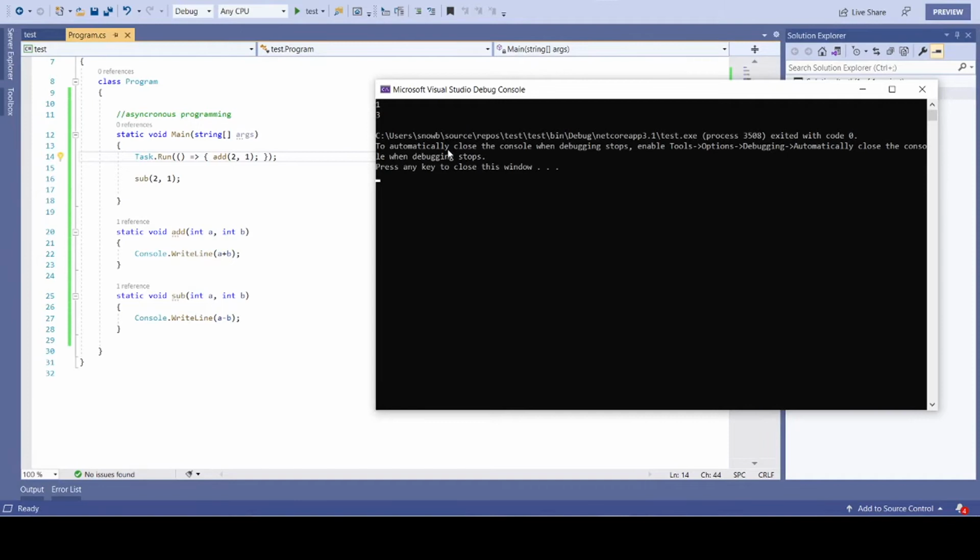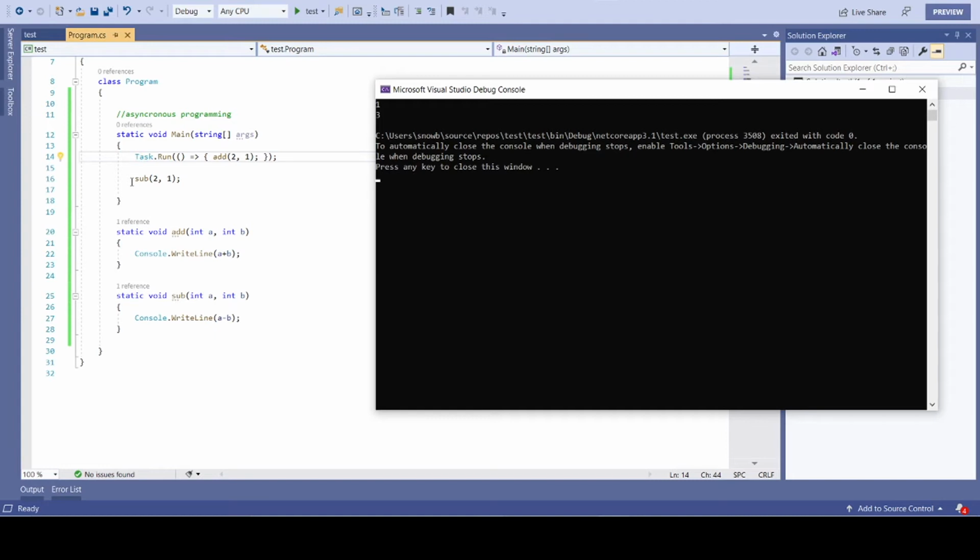So what is happening here is that when we use Task.Run, another thread starts parallel execution at the same time. The moment the compiler reaches line number 14, another thread is started, and the same thread which was running earlier keeps on executing, moves to line number 16 and completes its execution. So there are two threads running at the same moment.